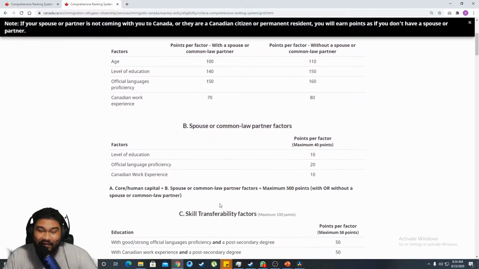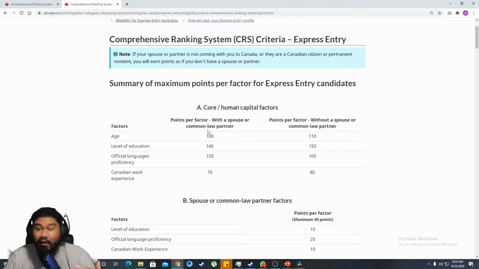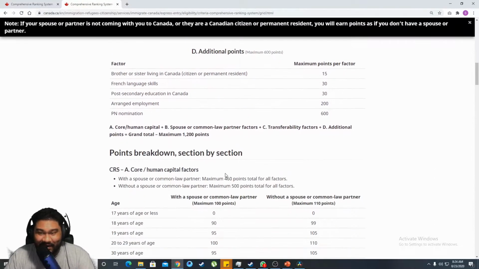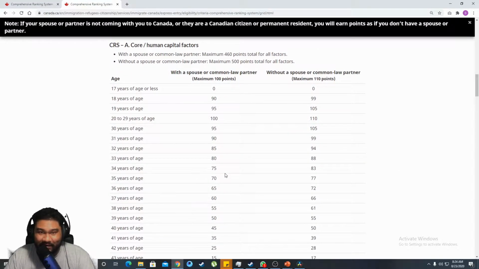So next section, they are talking regarding the spouse factors and what kind of points amount you can gain from your spouse, because you are losing points because you are married. So you have to gain that from your spouse. If your spouse has matching or more qualifications and language ability, you will go above the reduction of the points. So I'll be adding this link in the description. You can go and check and make the calculations, what kind of distribution they have, what are the